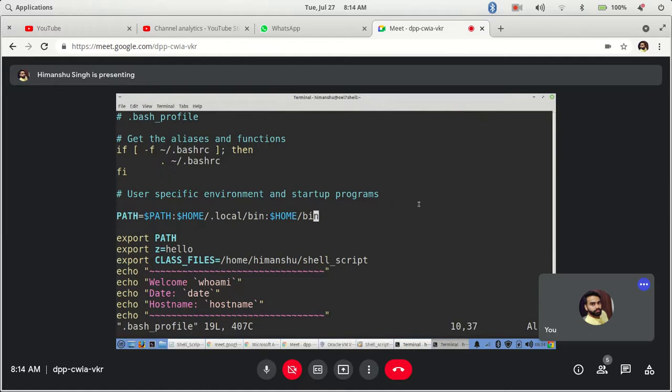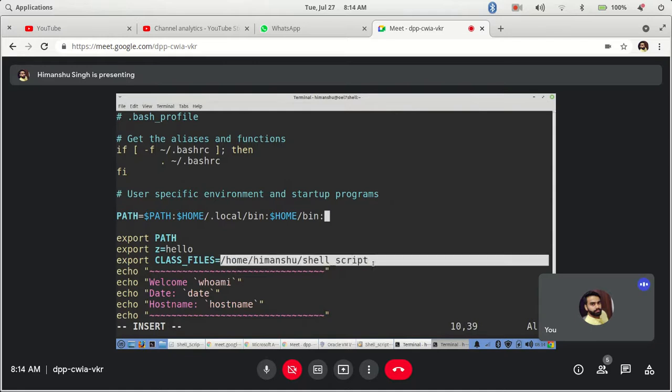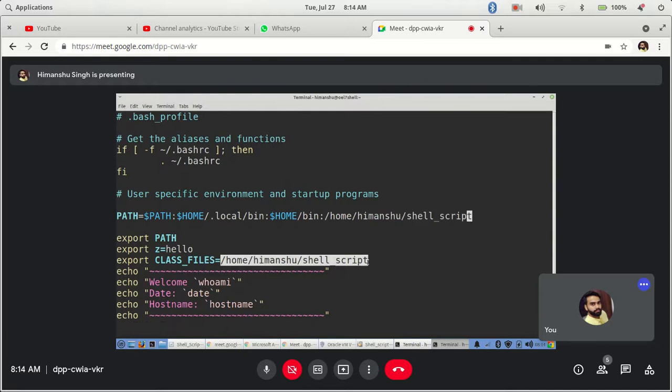Let's say I will add it here: /home/himanshu/shell_script. Got it? And I will save it.